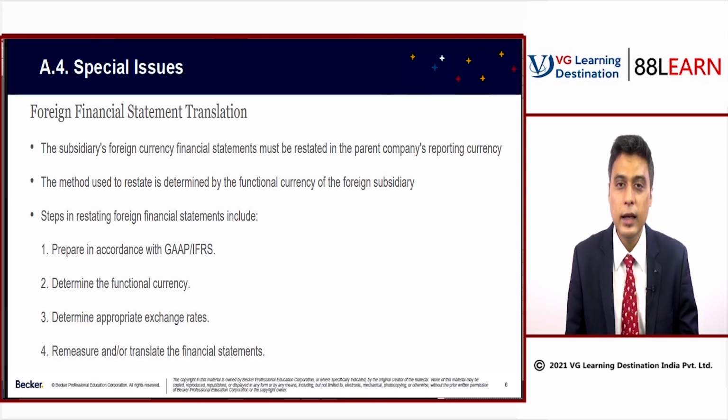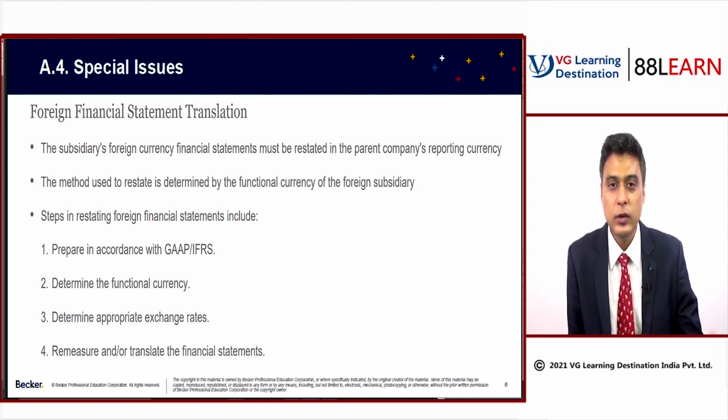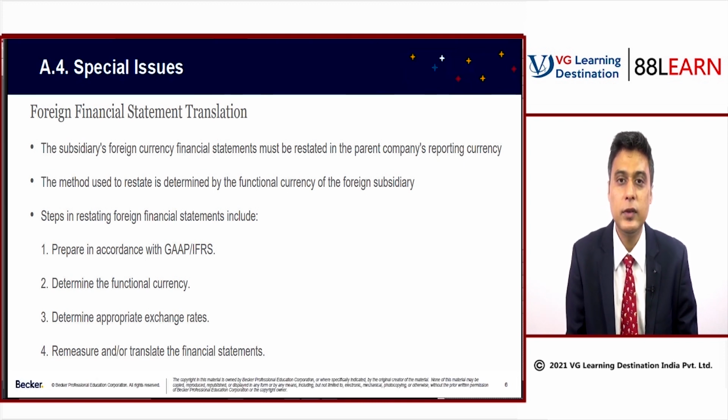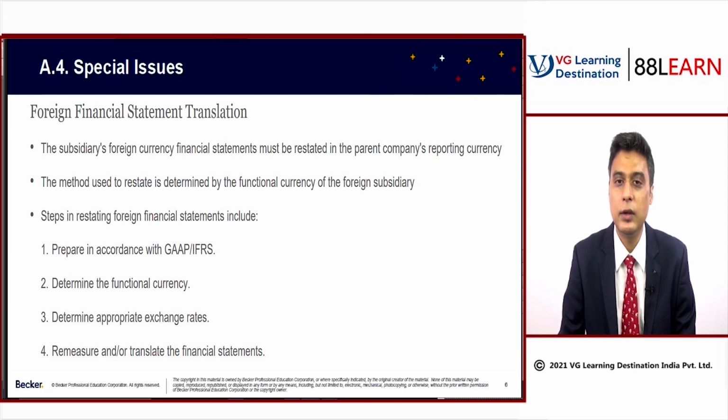That means in the India example, we said that the local currency is already equal to the functional currency, because INR is the functional currency of India. INR is the currency of the primary economic environment in which that foreign subsidiary operates. So in that case, we know that if the subsidiary's financial statements are prepared in INR, they are already in the functional currency. And now we have to take the step to convert it from functional to the reporting currency. That means we just have to take one step.